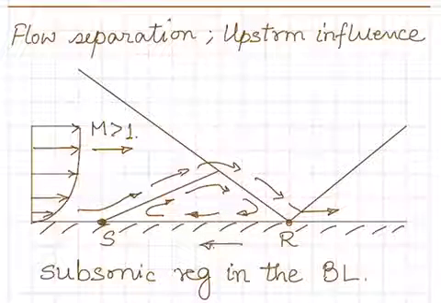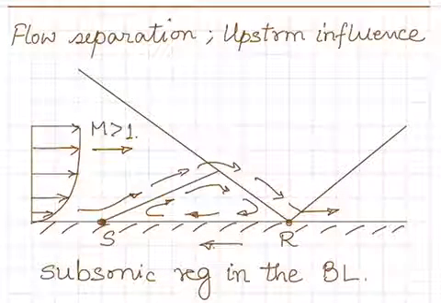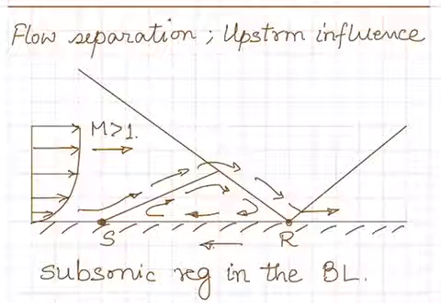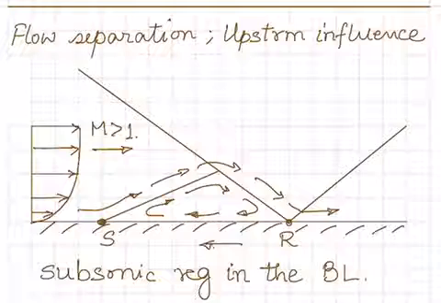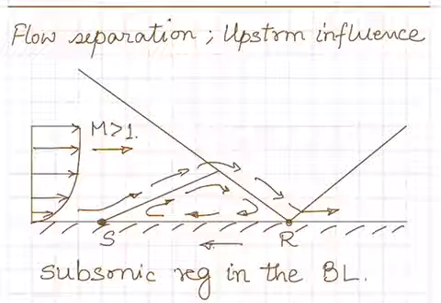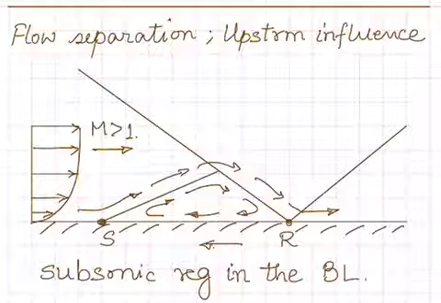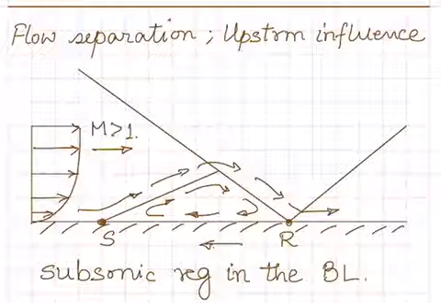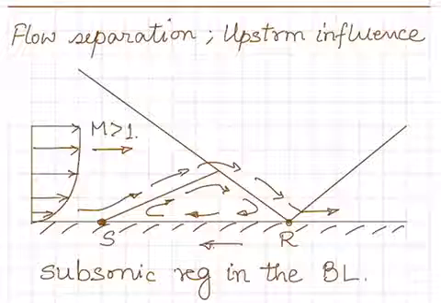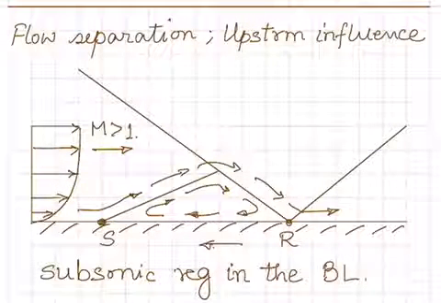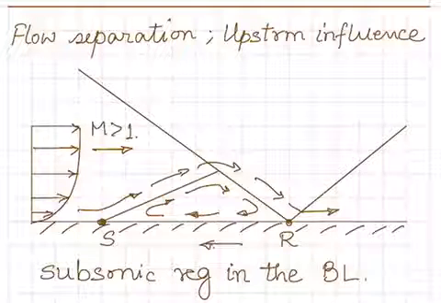If you look at the boundary layer profile, out at the edge, Mach number is greater than 1, velocity is high, but as we come to the wall, we have no slip, 0 velocity, so there must be some region where velocity is less than the sonic speed. Through that subsonic region, information can travel upstream, and what we get is that the separation point comes before the inviscid shock is encountered